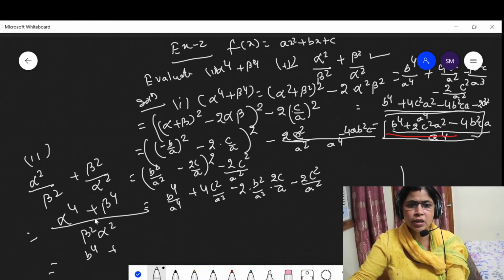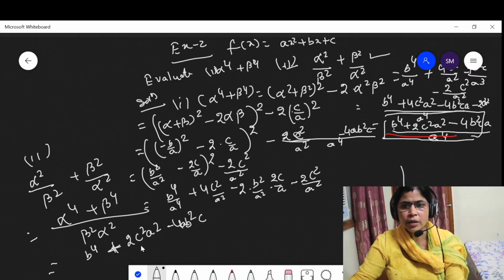Then in place of alpha fourth plus beta fourth, I can write this: b fourth plus 2c square a square minus 4a b square